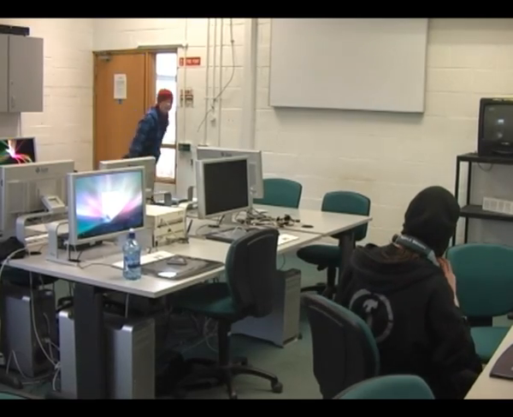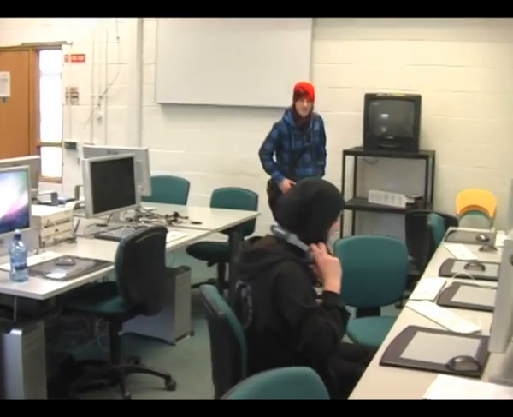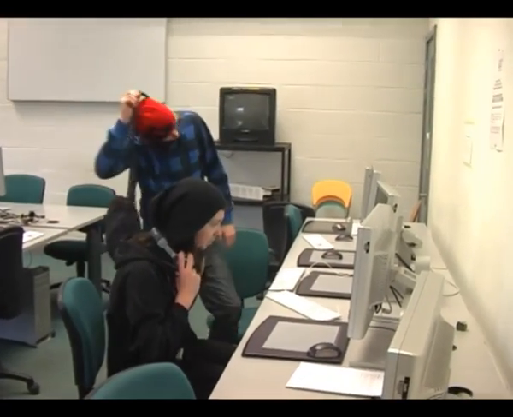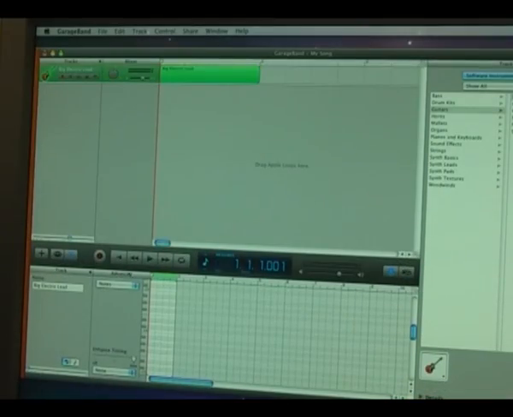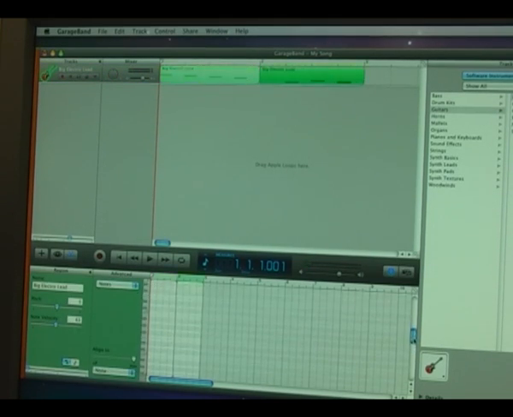Hey, what's up, man? So you ready to give us a demonstration? Yeah. Show you what we do. So what you got going on? This is the main GarageBand screen. I insert my instrument track and click on the timeline. This brought up the box where the notes can be displayed. At the bottom of the screen,